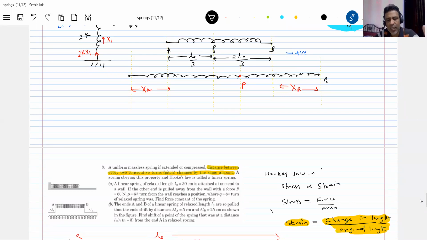Now, strain in, shall I put it like this? Strain in part PA should be equal to strain in part PB. Again, the same property of spring. So I'll write it here. Strain in part PB is equal to